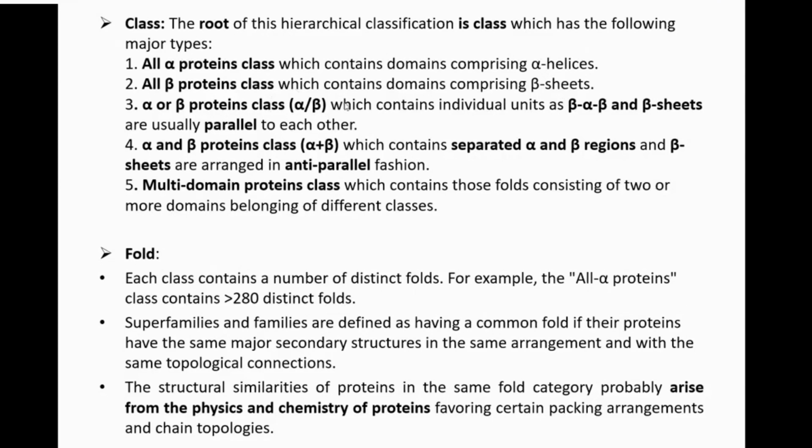Alpha or beta protein class contains individual units as beta alpha beta, and beta sheets are usually parallel to each other. Alpha plus beta class contains separate alpha and beta regions, and beta sheets are arranged in an anti-parallel fashion. Multi-domain protein class contains those folds consisting of two or more domains बिलोंगिंग ऑफ डिफरेंट क्लासेस, है ना।